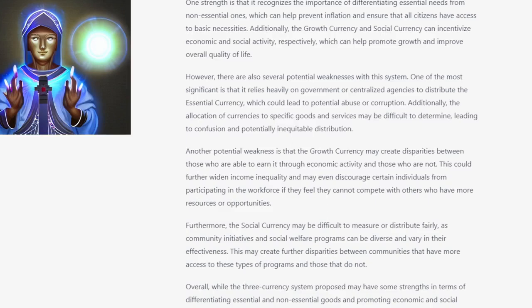However, there are also several potential weaknesses with this system. One of the most significant is that it relies heavily on government or centralized agencies to distribute the essential currency, which could lead to potential abuse or corruption. Additionally, the allocation of currencies to specific goods and services may be difficult to determine, leading to confusion and potentially inequitable distribution. Another potential weakness is that the growth currency may create disparities between those who are able to earn